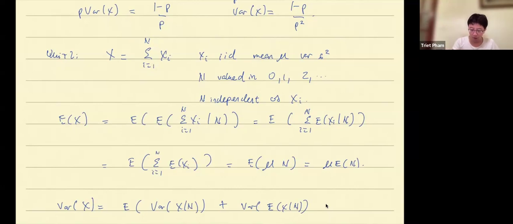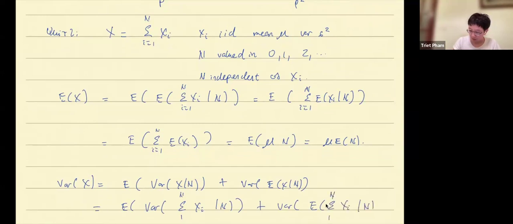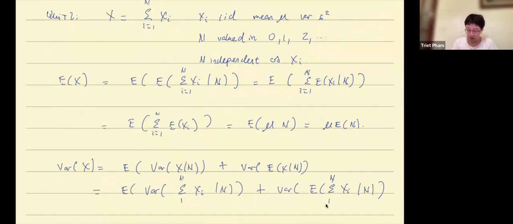So let's write that down. Like that, okay? And again, the whole point is once you fix the upper limit of the sum, then